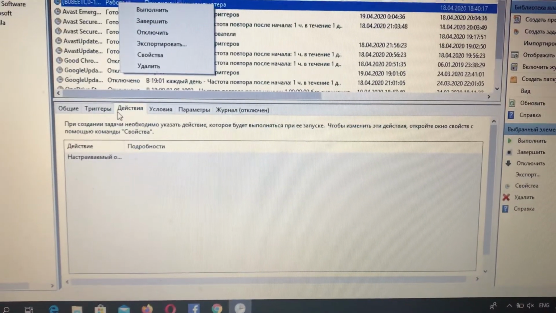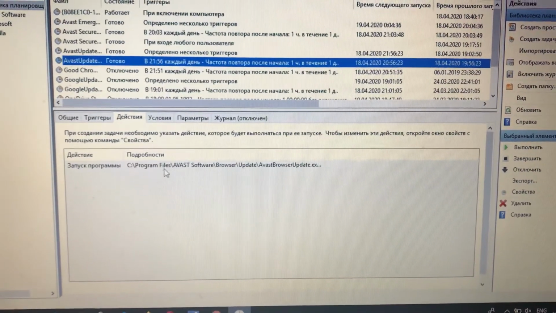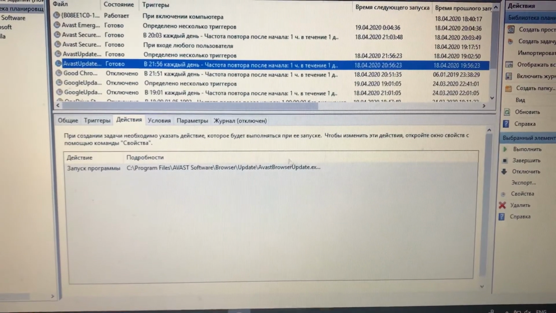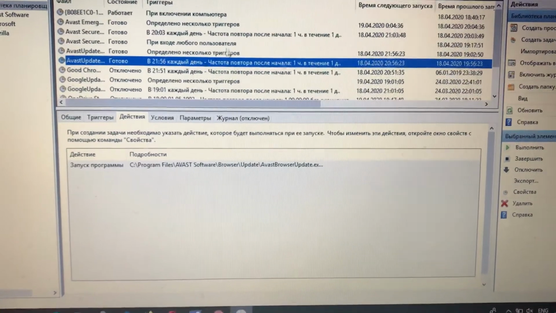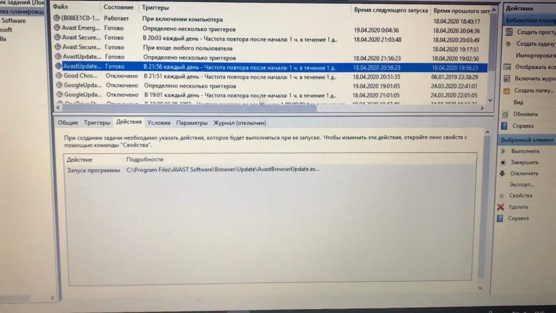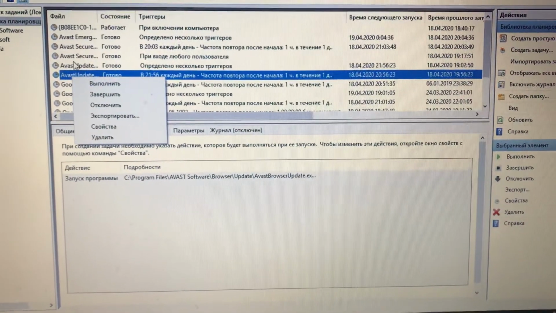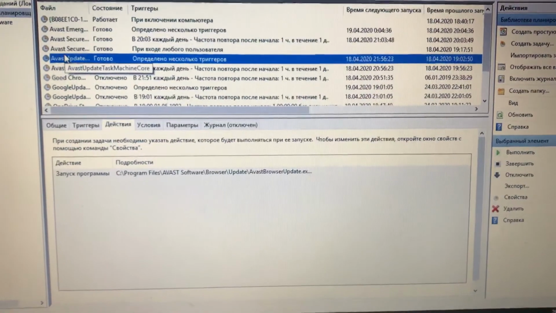On the task you find that this task also has a directory, so it has a path that you will see on this window that will open with the error. So you just choose this task and just right click and choose disable. So after you do it, it will